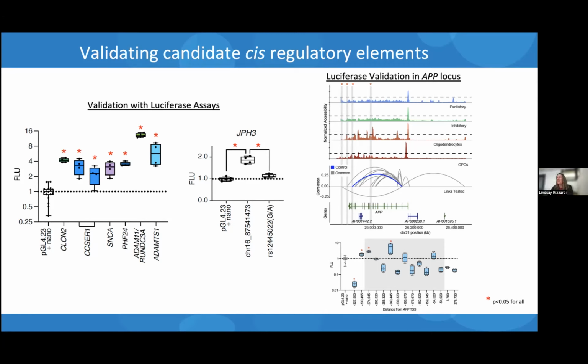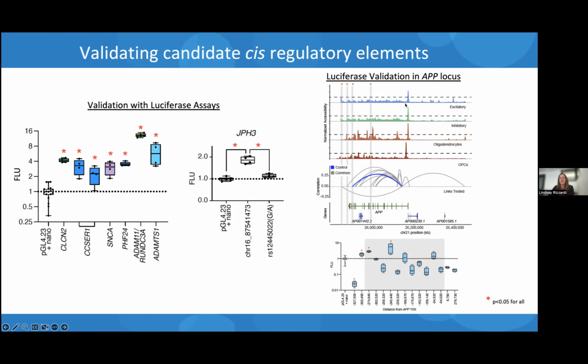So another region that we focused on was the APP locus. Obviously, this is really important, the amyloid precursor protein. And so we wanted to drill down and find any new structure. And so shown here on the right, whoops, let me get my mouse in the right spot. Shown here on the right are the